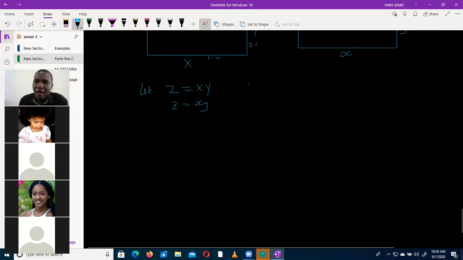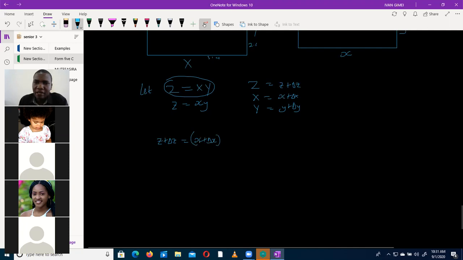We also know the other things. Our capital Z is the same as the approximate z plus the error made in z. Our capital X is the same as the approximate value of x plus the error made. By writing this length as small x, which error did you make? So my capital Y is the same as y plus the error made in y. Now from this, we are going to substitute. We eliminate the exact values and substitute the approximate values. So we shall have z plus error in z equals x plus error in x,